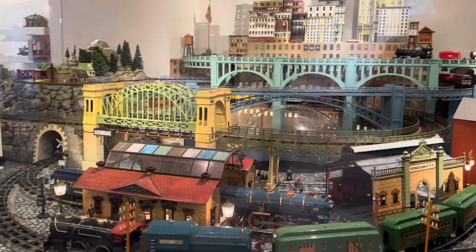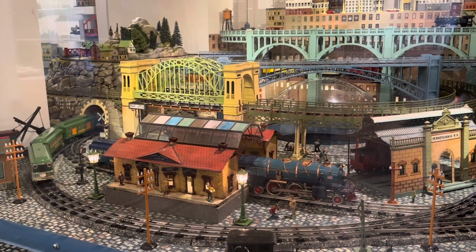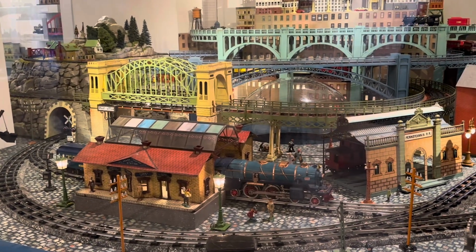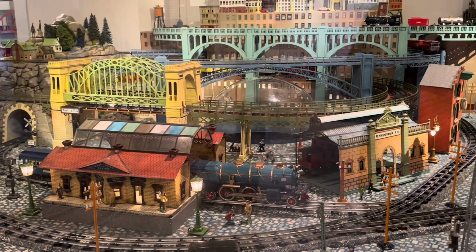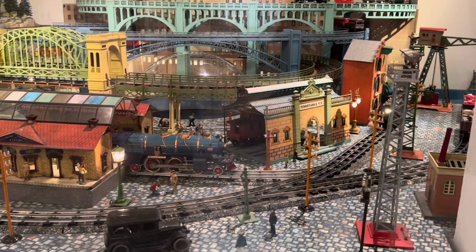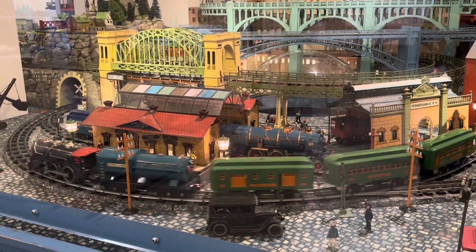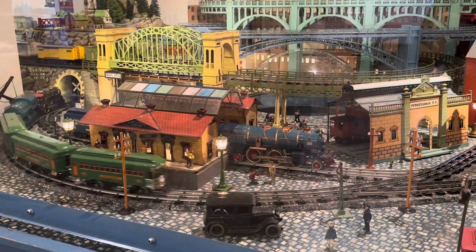So I took another trip to see the Journey collection at the New York Historical Society. It's at Central Park West, or around 77th Street. It's a beautiful collection of early toys and early toy trains, ranging from the 19th century to the early 20th century. The cutoff is about